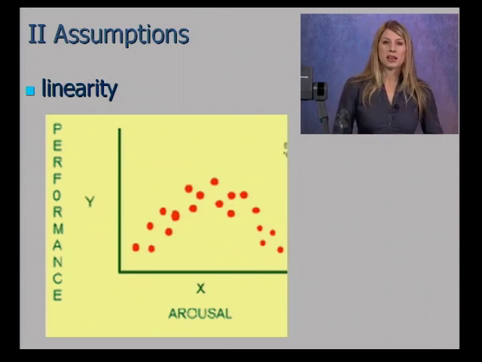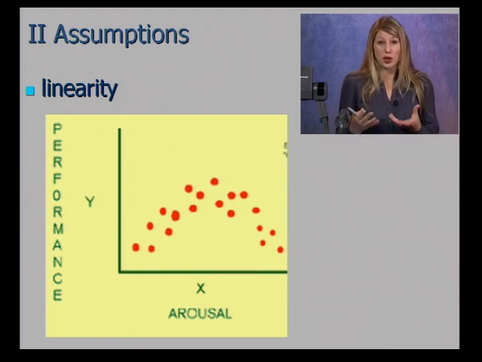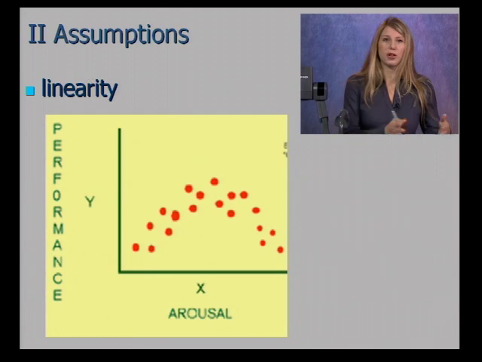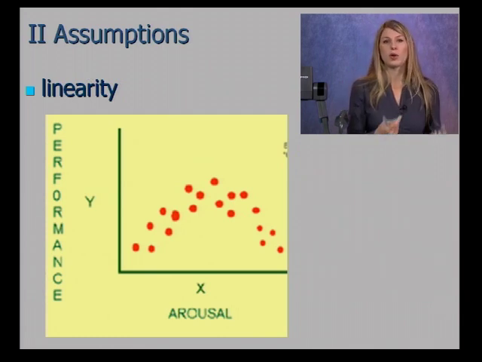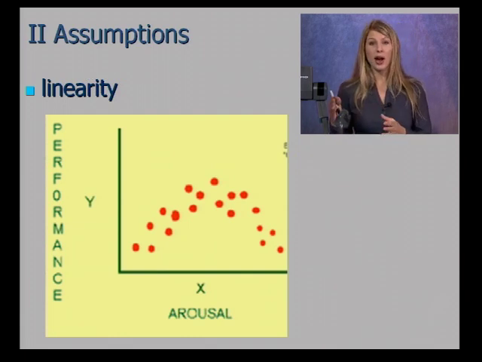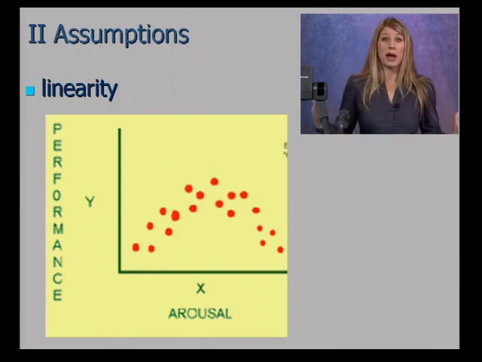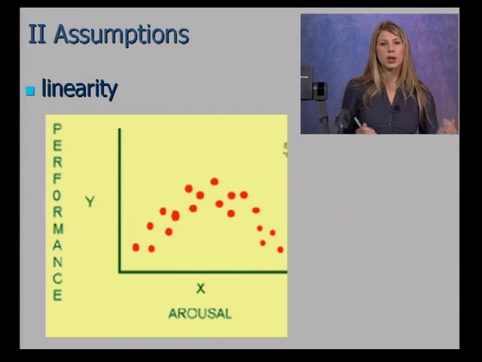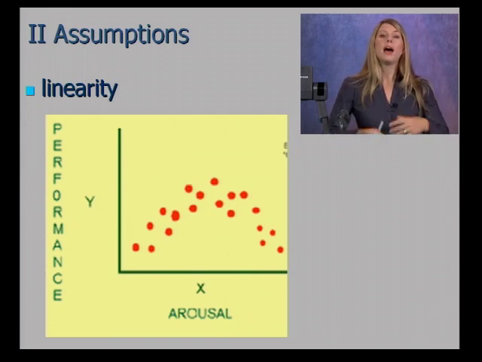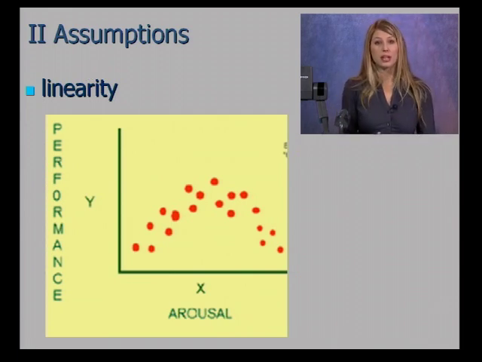And performance on a task. They find that if you have a little bit of arousal, so you're alert and awake, you perform well on the task. Not if you're very low on arousal, where you're sleeping and having a hard time focusing and paying attention. But if it gets too high, where you're really aroused and panicked, you're not going to perform well. So you end up with this curvilinear relationship, and this is not good for the linear correlation